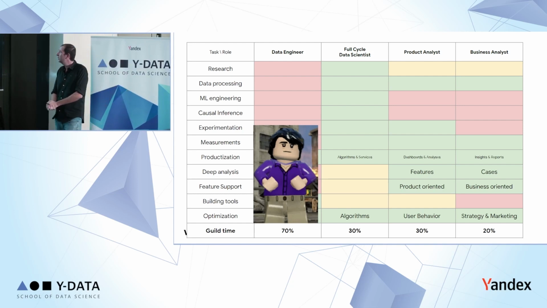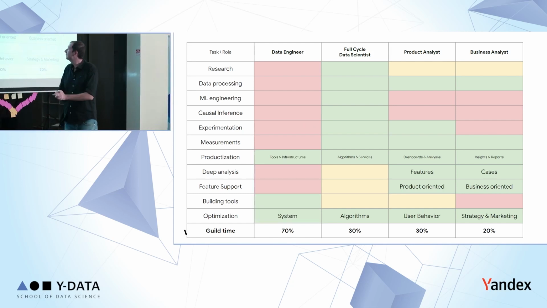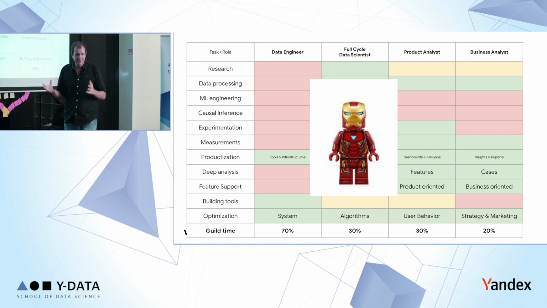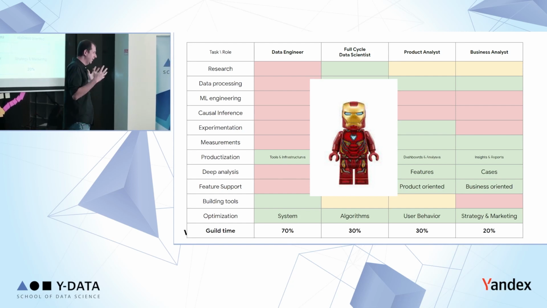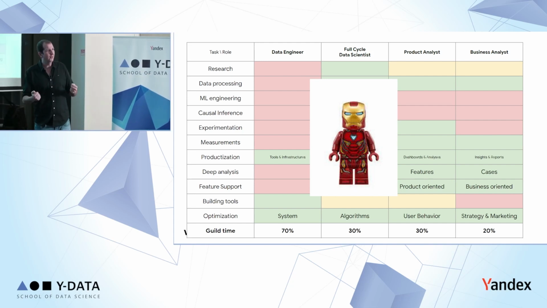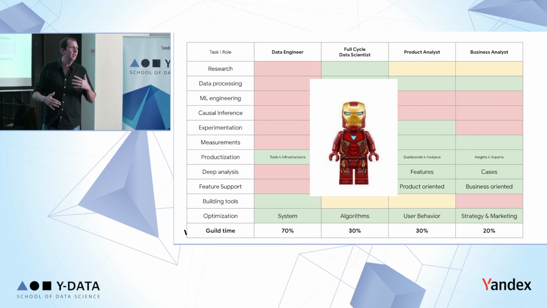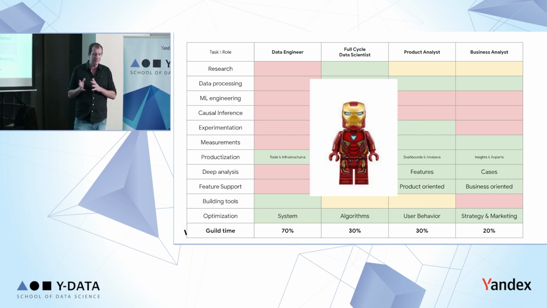What is a full cycle data scientist? Okay, this is your full stack data scientist, right? Why did I choose Iron Man? Full stack data scientists really love themselves. They enjoy their work. They have lasers. They do cool things, right? They do awesome things. They do machine learning and so on. People sometimes forget that a lot of their work is also cleaning up the data and preparing it and so on. But I think the thing that resembles data scientists the most is Iron Man.